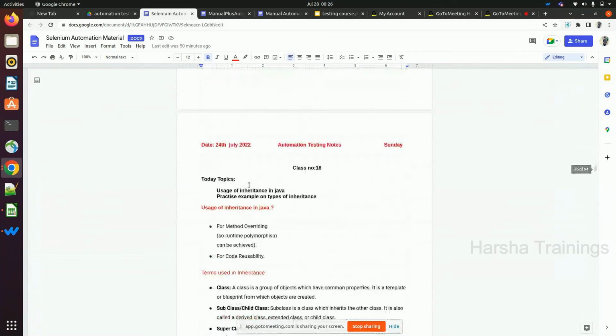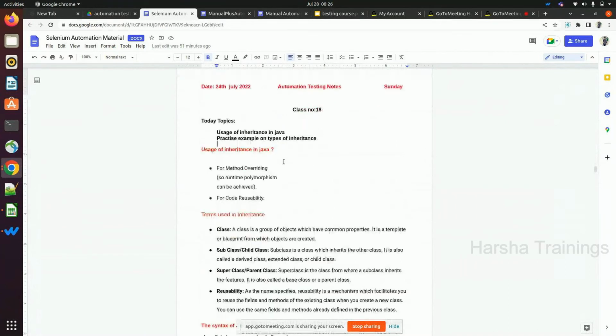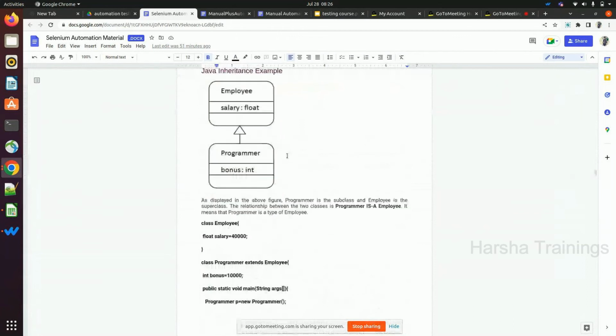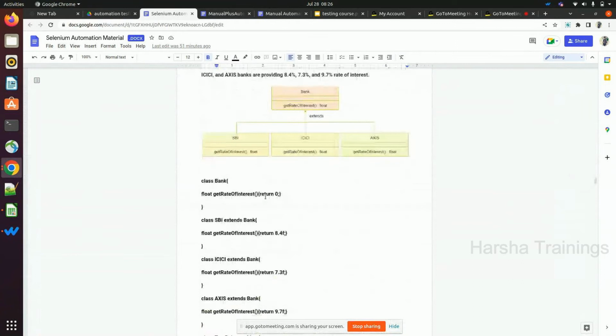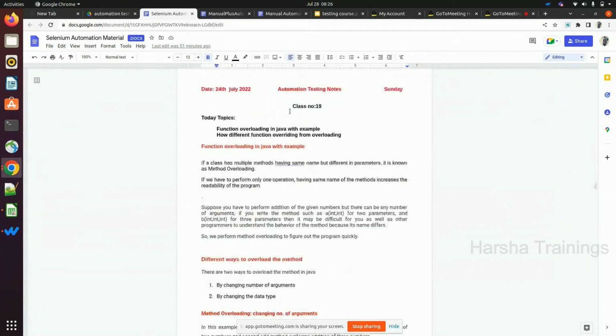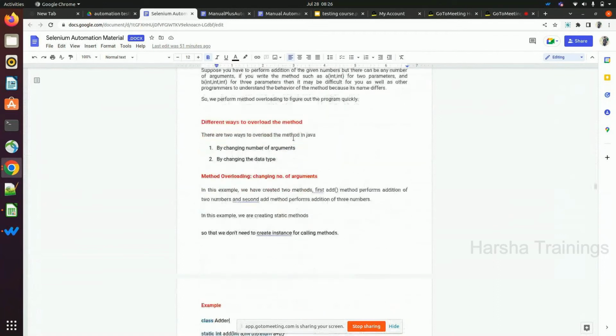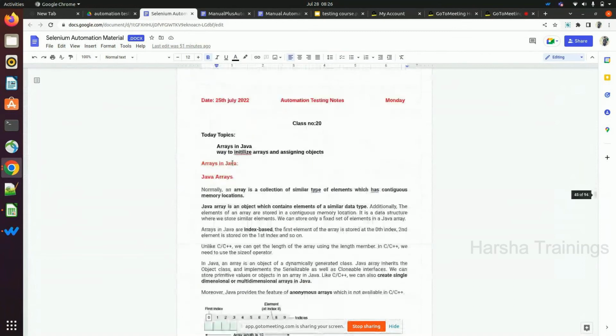Inheritance is very important even if you are going for any Java role or Python role. They will ask what is inheritance, examples and types of inheritance, what is method overloading, method overriding, Java runtime polymorphism, compile time polymorphism, function overloading and how it is different from overriding, and the difference between method overloading and method overriding, arrays in Java, how to initialize them and how to assign objects,